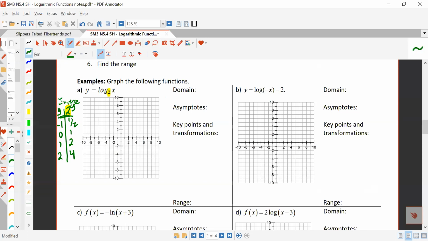I'm going to pause there for a second. If you're not sure how I got those numbers,